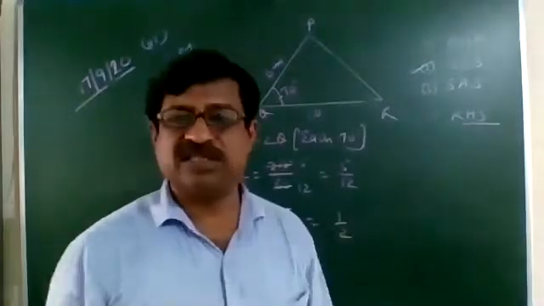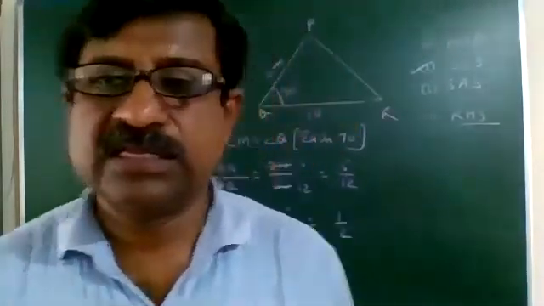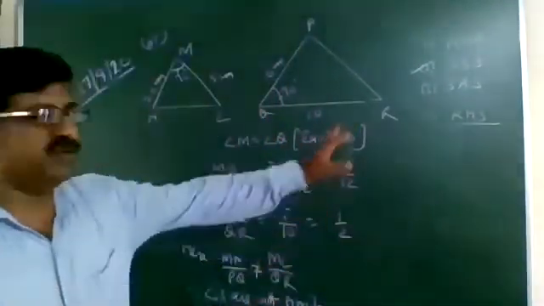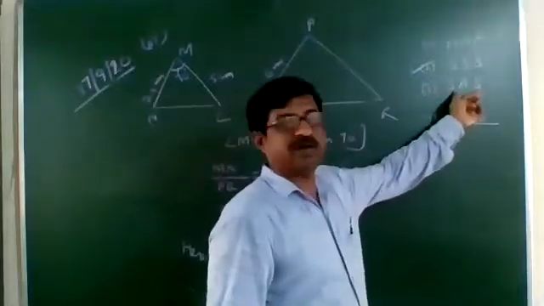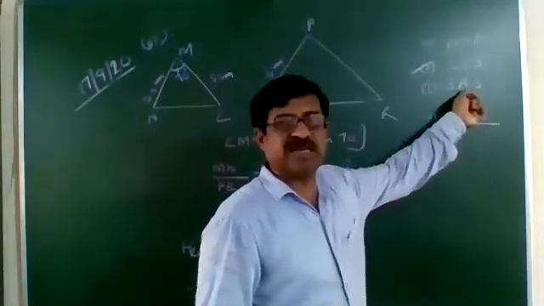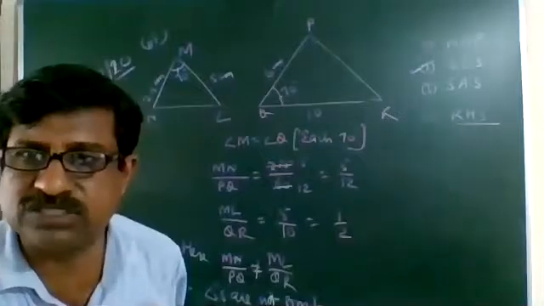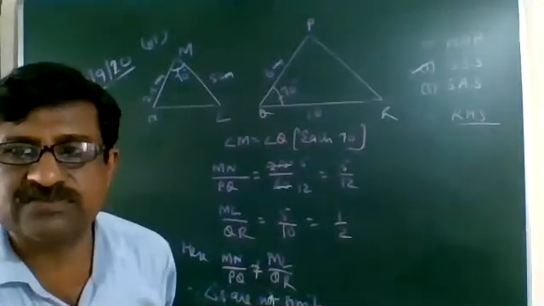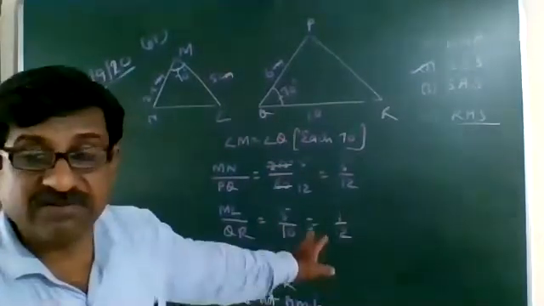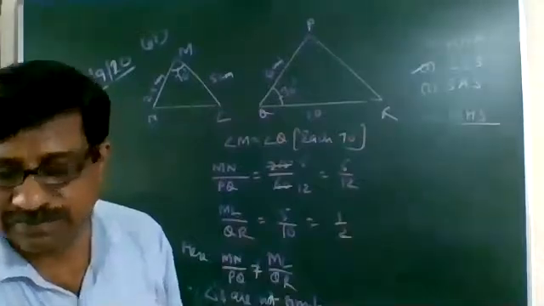You can just find out whether the triangles are similar or not. Since the ratios we got are not equal, we don't have to compare further. If two of the ratios are not equal, then we don't have to see whether the angles are equal or not. In this case, the angles are equal, but we don't have to see that. The two triangles are not similar because the ratio is not the same.